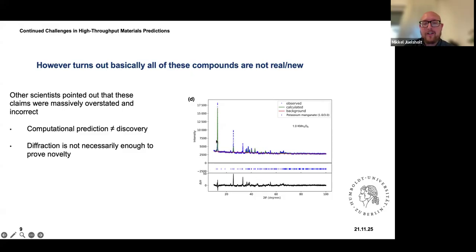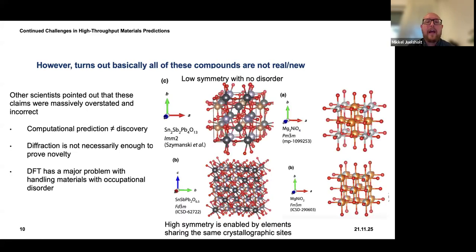And of course, you can see this is not a very good fit for a Nature paper. You should probably make sure that your fits are really good before you claim you have made a new material. And I think the